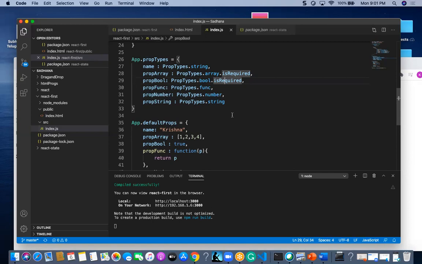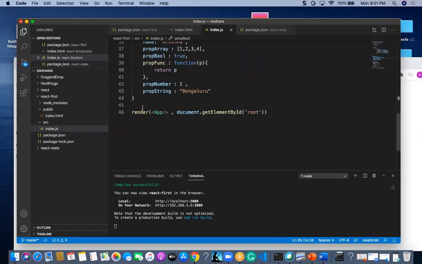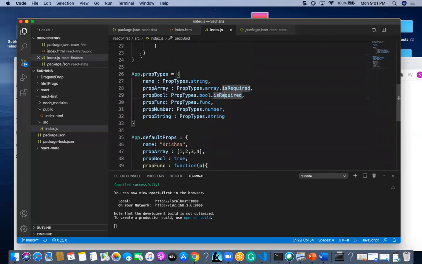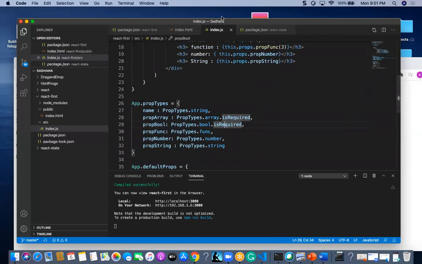Coming to this, it should be available outside the function. Okay. One second, I think I have to put it here.